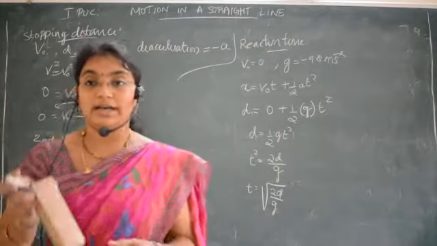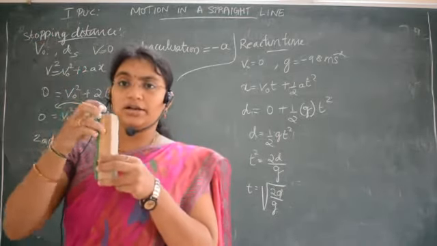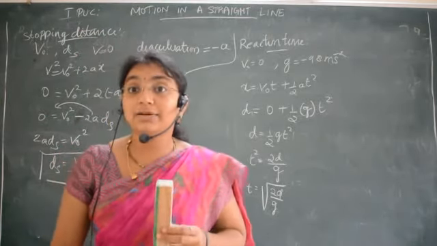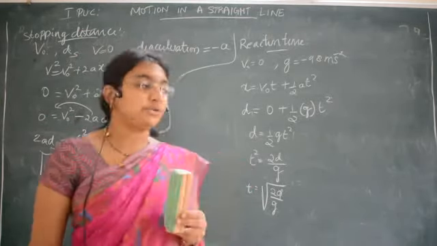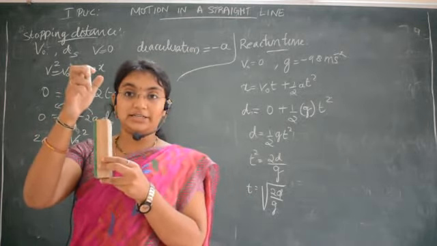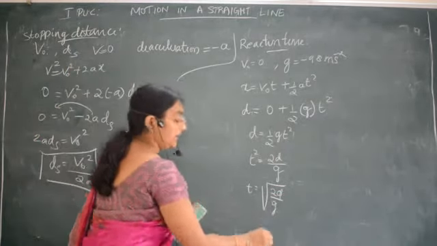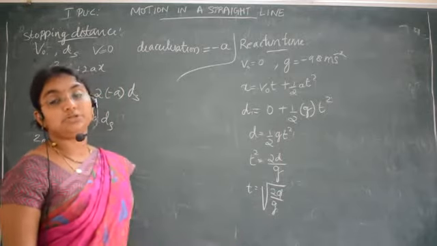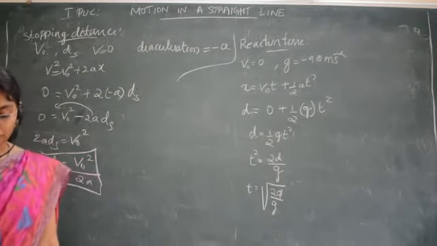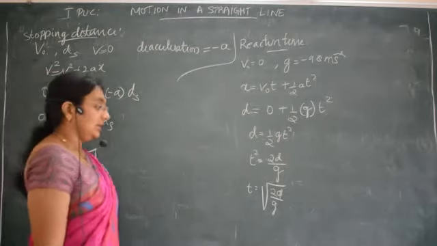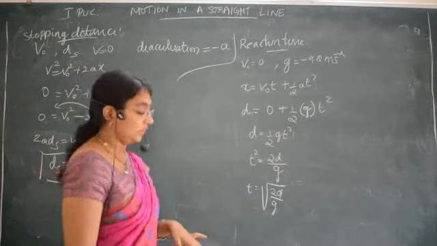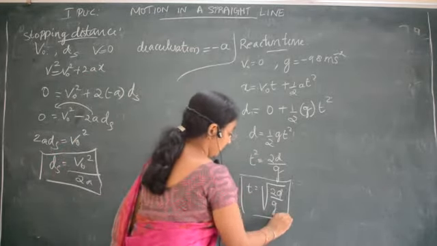Suppose you cannot find out the time. It's a very small distance travelled. Your parents are leaving here and you are catching here. The distance travelled you want to calculate, the time interval you want to calculate. It's very difficult. So what you have to do is, tell them to hold here and you catch. The distance from here to here, you can measure it, correct? If you substitute the distance here, and substitute the acceleration due to gravity value, that is minus 9.8 here, then you will get the value of the time interval. Understood? That negative sign is for your reference purpose. Okay? This is the formula to calculate the reaction time.